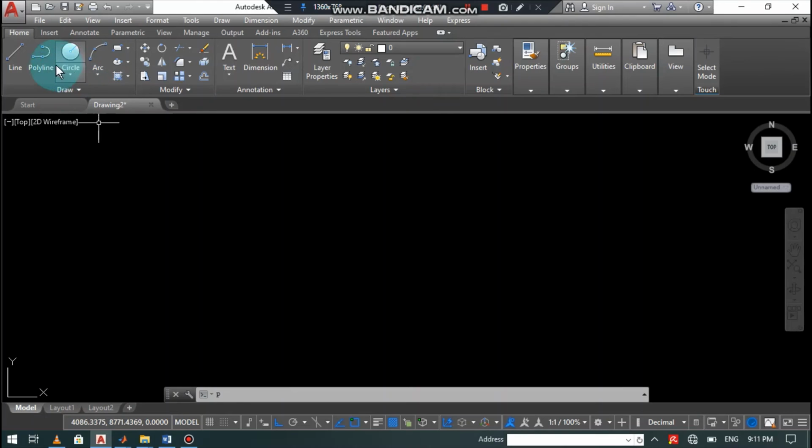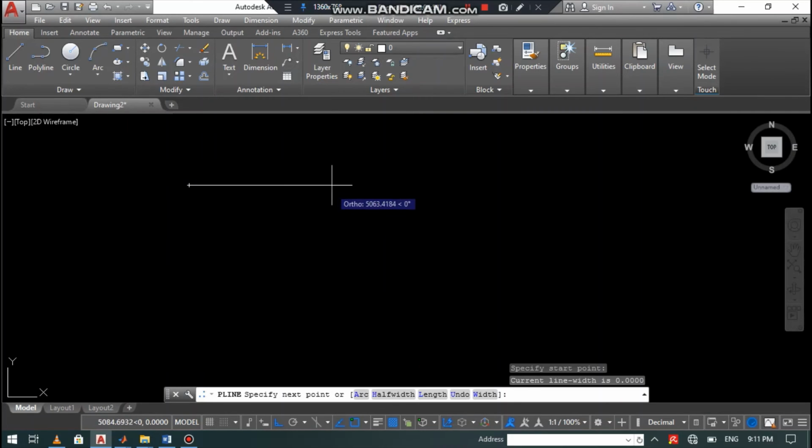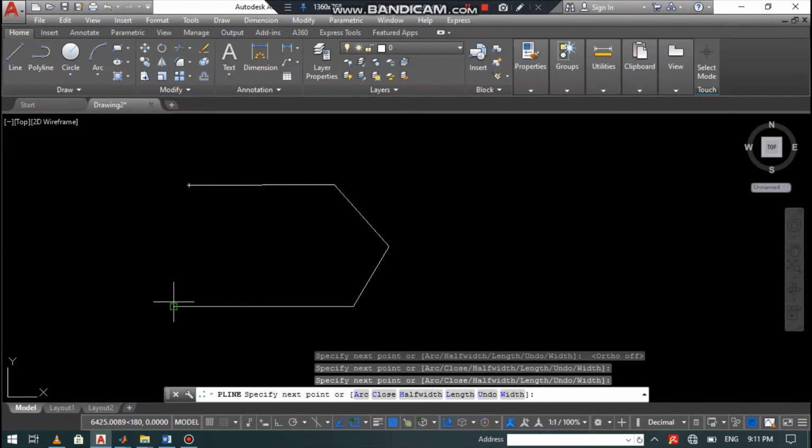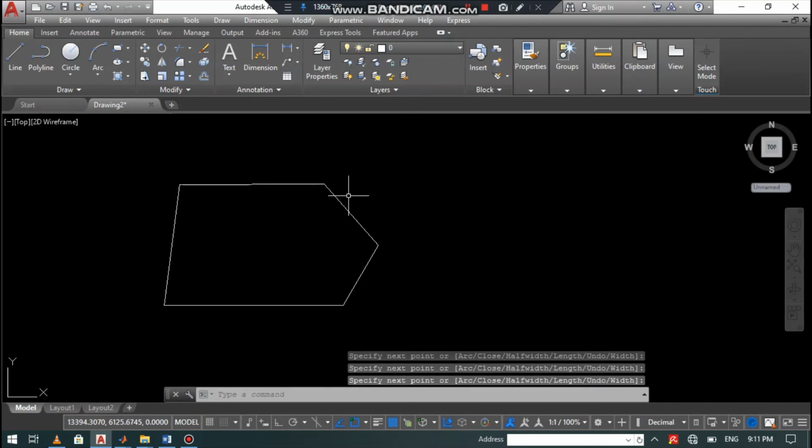Now we have another type of line, that is polyline. Let's see how it works. Let's draw a line with the polyline. So we have drawn an object with the polyline.